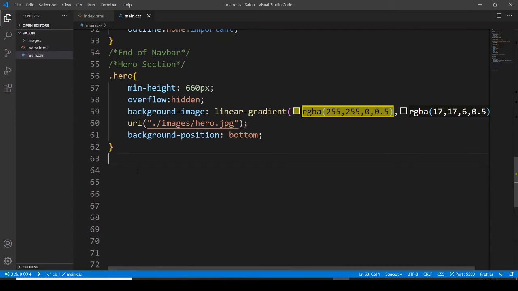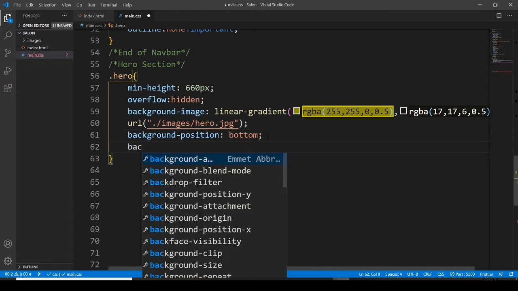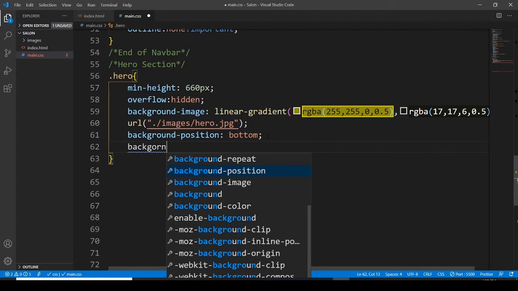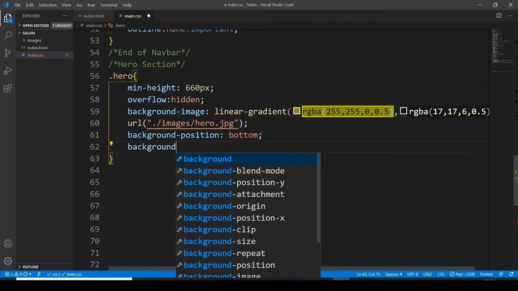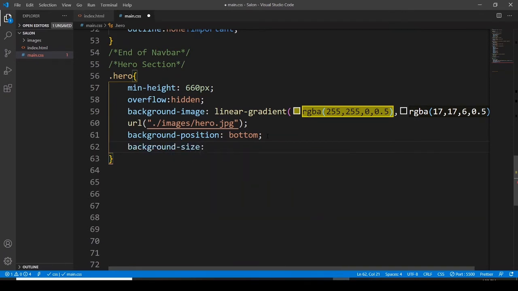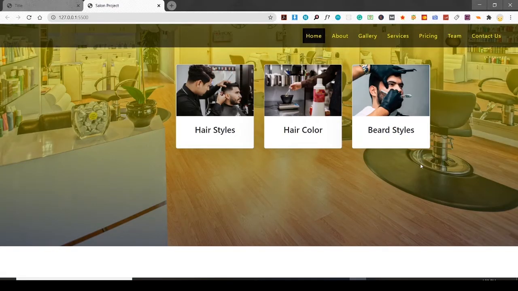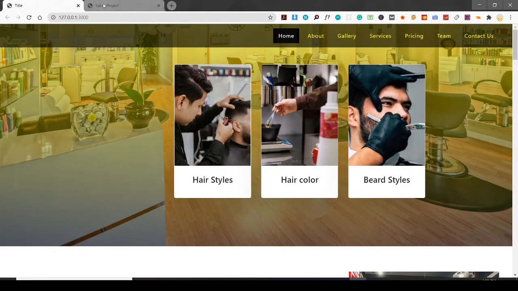And then I want to go with the background size actually after the bottom position. So I want to go with the background size, and now the image is going to be fit as same as it is in my project. Yep, so the size is covered and it is looking nice, same as it is here. Okay,